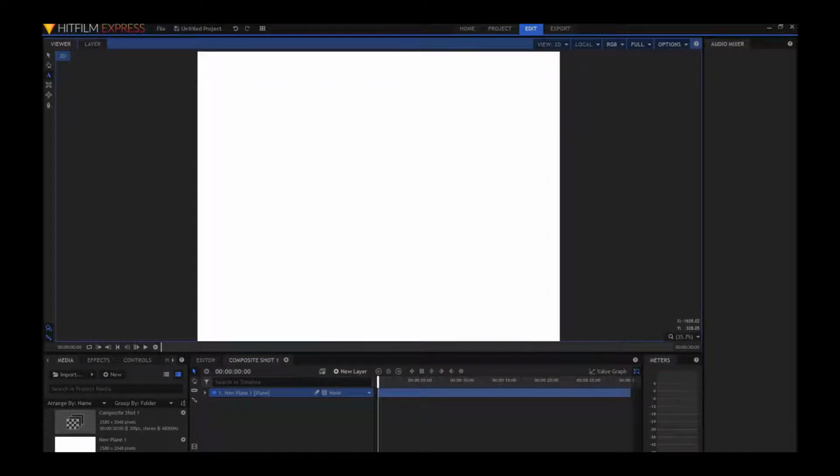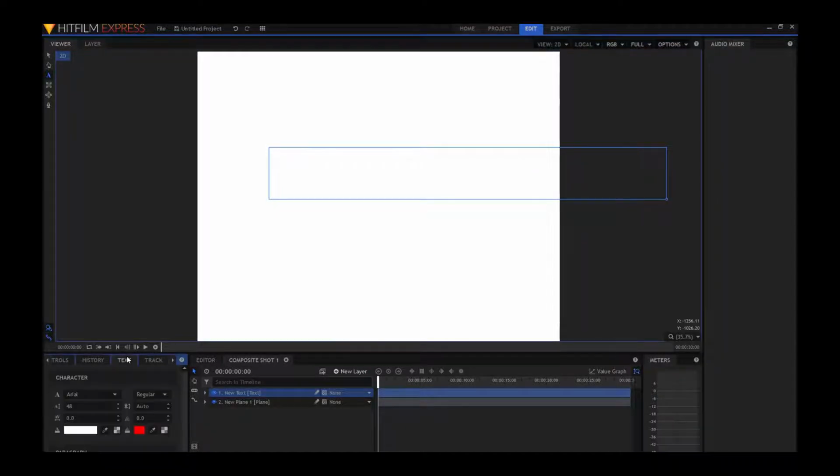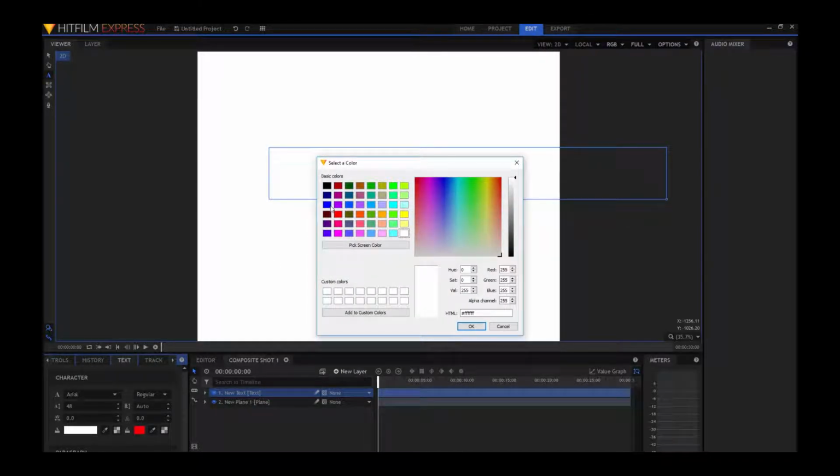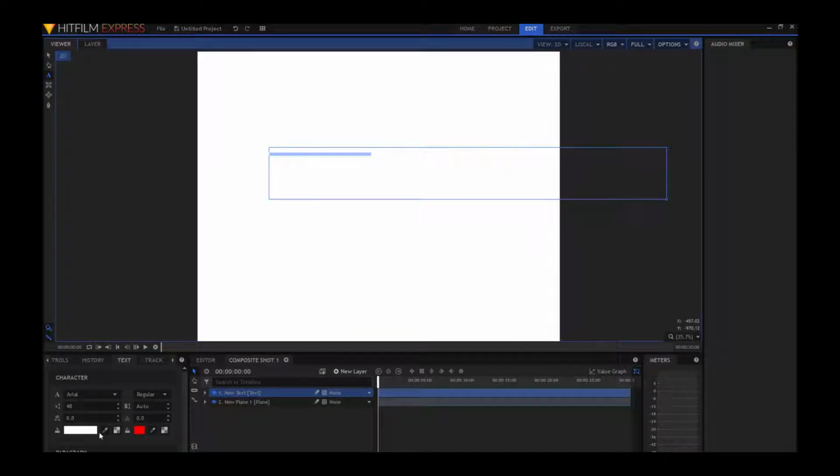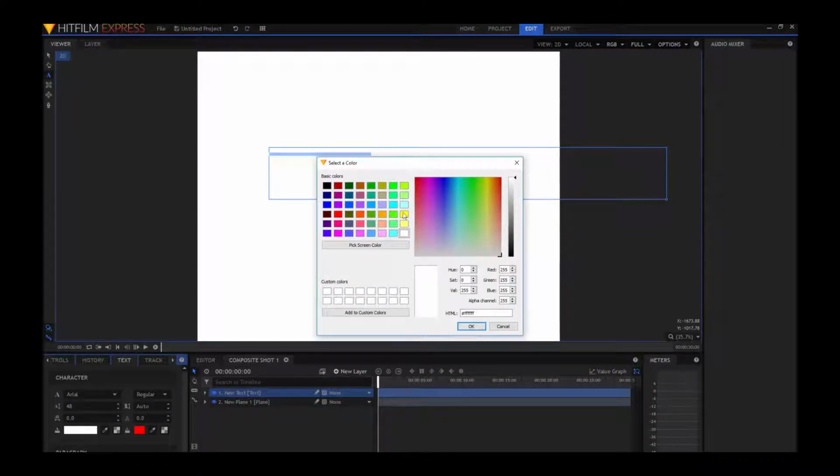Now, I'm going to add something like a text wall, because I'm going to be using text to make a wall. So, what I'm going to do is add this. Oh, I made a mistake. I can't see this because I forgot to change the color of my text. By default, it'll already be set to white. If you picked the color white too, then you're going to want to change it to a color that you can see.